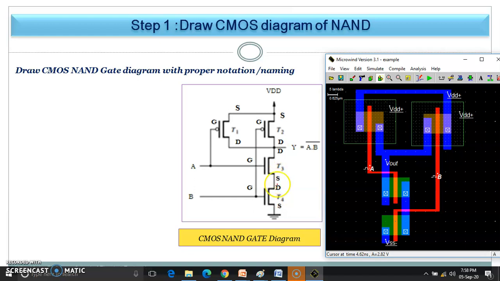Now these two NMOS are in series, so this is drain, gate, source, drain, gate, source. I can say this is a drain, this is gate, and this is source. Likewise, it is connected in series. The gates of these transistors are connected to form A, and the gates of these transistors are connected to form B. That is, we have connected these gates together using polysilicon, and these gates together using polysilicon again to form input B. Hope up to this point is clear, and here you need to apply VSS as mentioned. In this way, this diagram is very important to implement your logic.